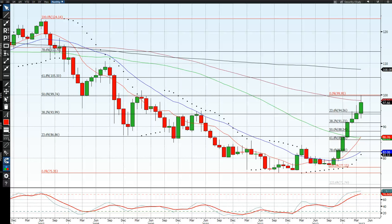I'm looking at this again because we looked at it last week and we'd seen the big drop from mid-2007 down to 2011, from 124.14 down to 75.35. We saw the market had a good rally up. I was looking for some targets and some resistance. 99.74 is a 50% retracement of that whole move, and this is where we suggested that the market would top